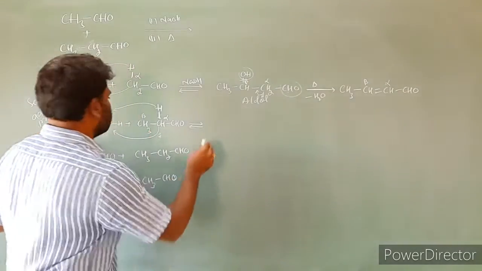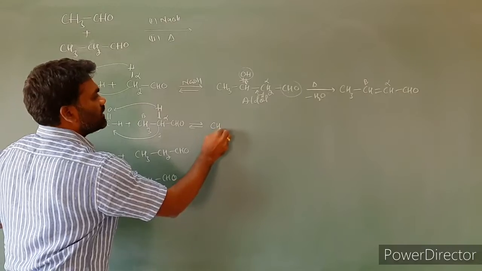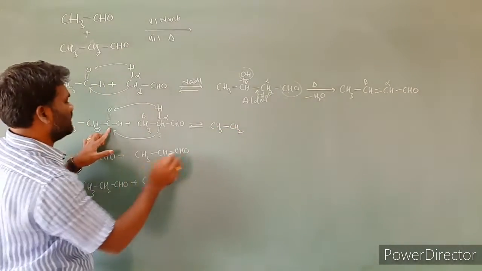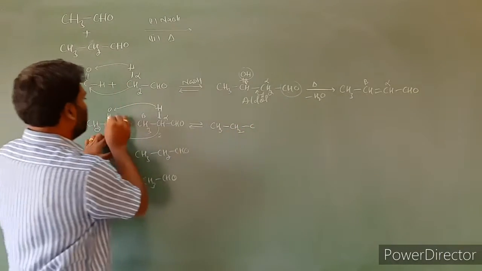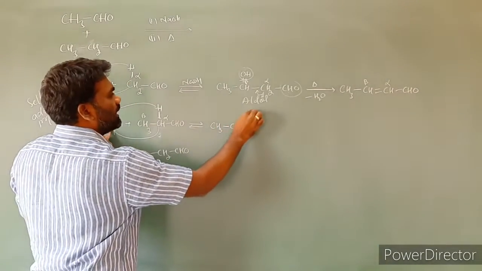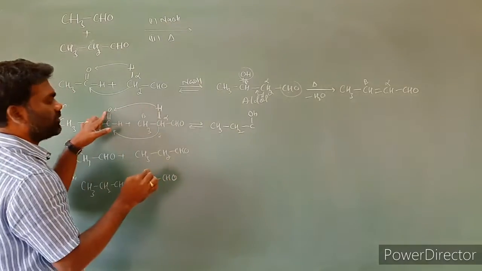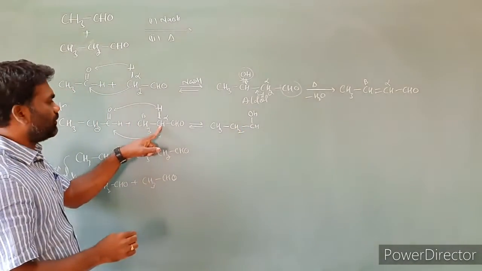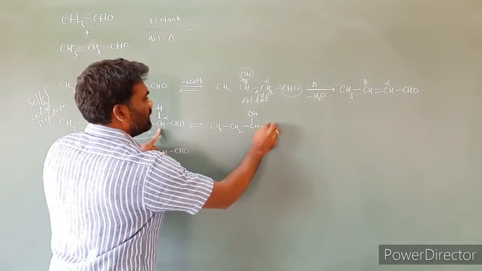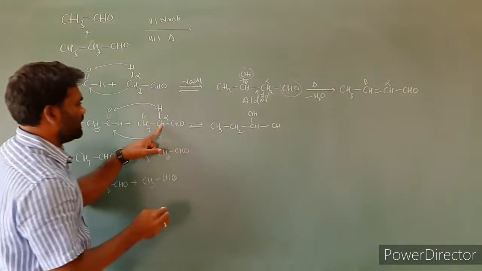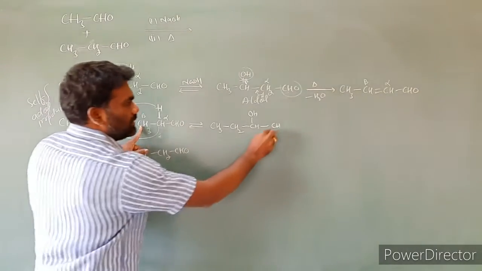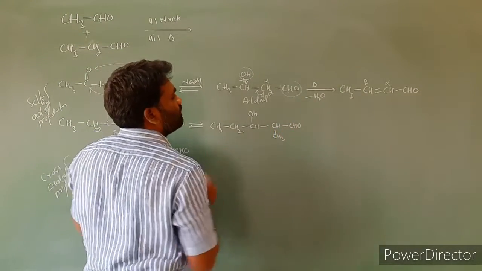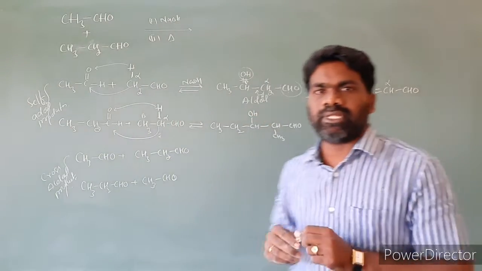Then the product is: this remains the same, CH3, this is CH2, isn't it? Then this C double bond we have to remove and make it OH. This hydrogen is coming to here, and this already has an H. Then this carbon we join to this alpha carbon. Then CH, and here we have CHO, to which a methyl group is attached. CHO we write as CH3CHO. So this is the product formed in this reaction.